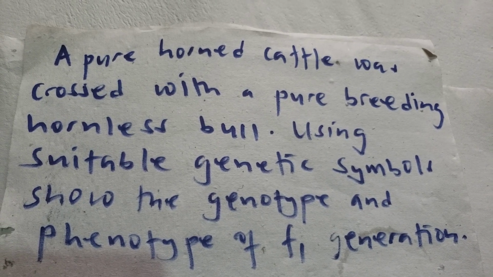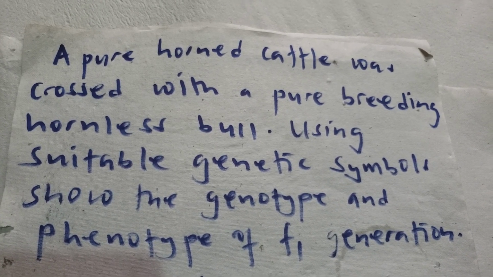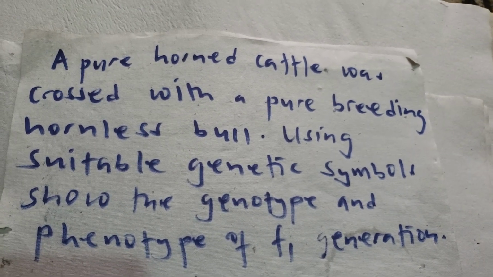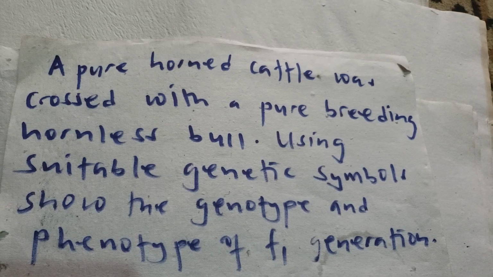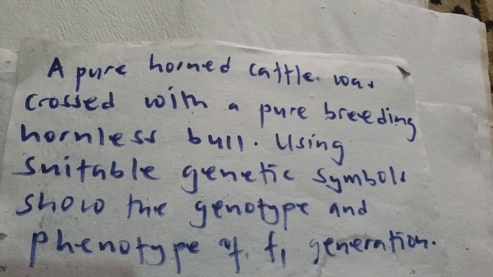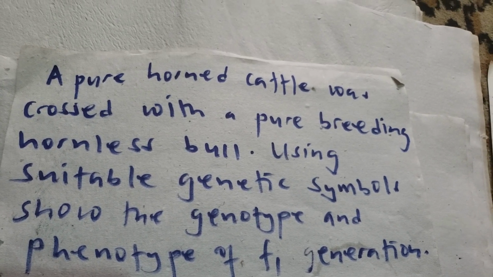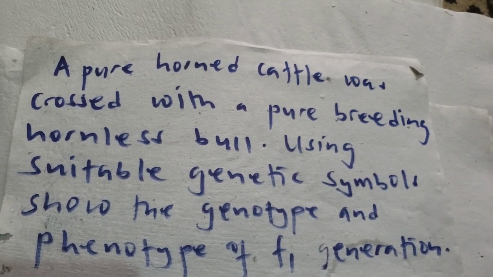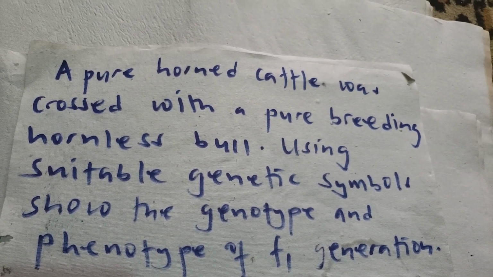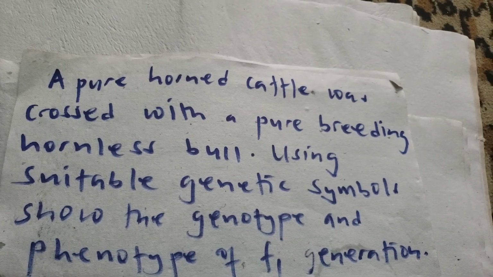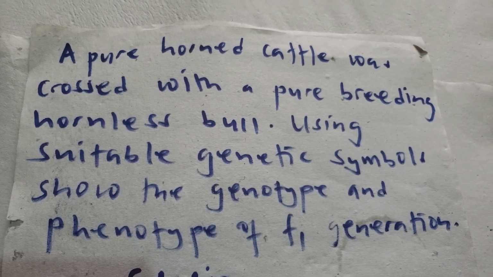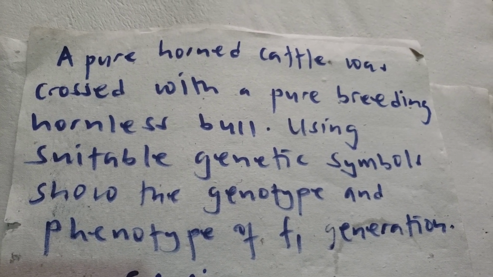But before we can show the genotype and the phenotype of the F1 generation, we need to know the term pure breeding. When we talk about pure breeding, what do they mean in genetics? Pure breeding simply means a group of organisms which, when selfed, will always produce one type of phenotype, that is to say, they are